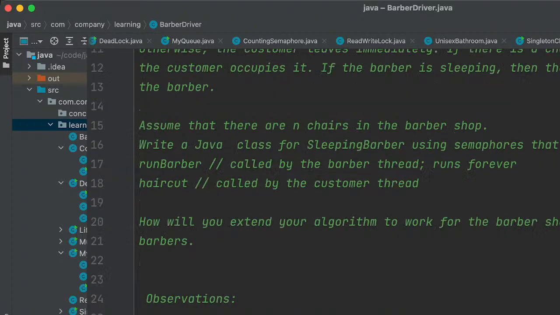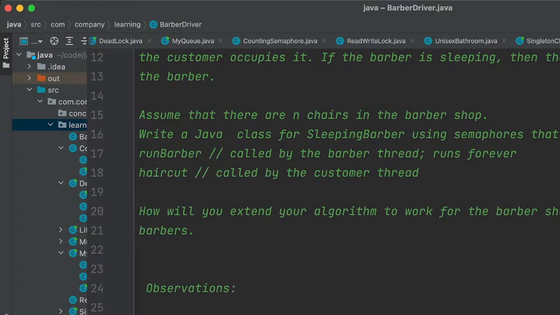What I was thinking is, since there are n customer threads, if we take the shop as a resource, then n. We can keep track of this n, and the synchronizing primitive that comes to mind is a semaphore.